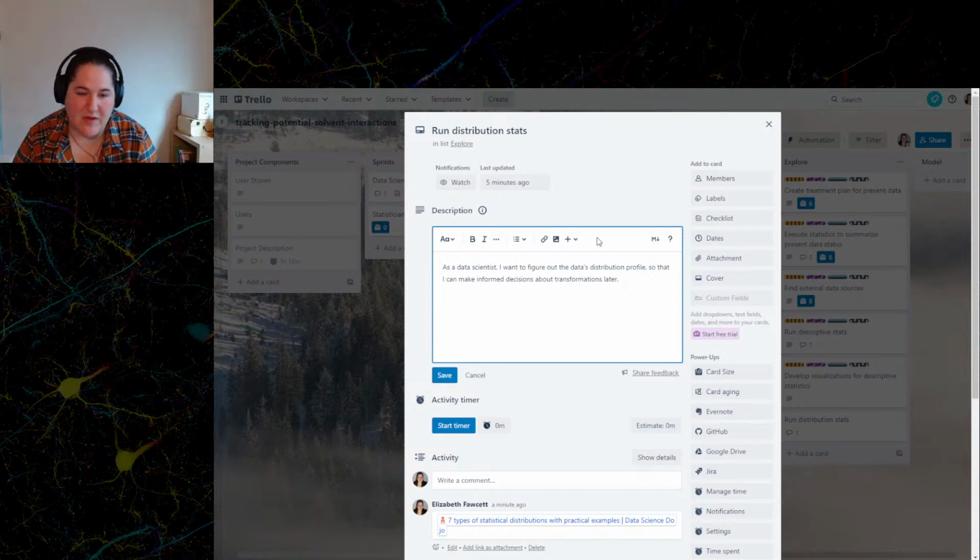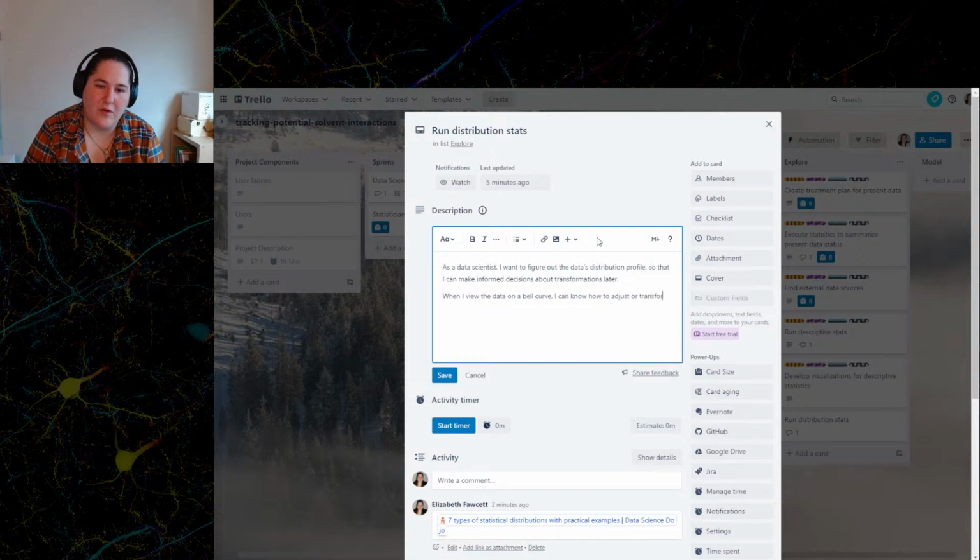And so that's going to be what's great here. So my acceptance criteria is when I view the data on a bell curve, I can know how to adjust or transform the data to conform